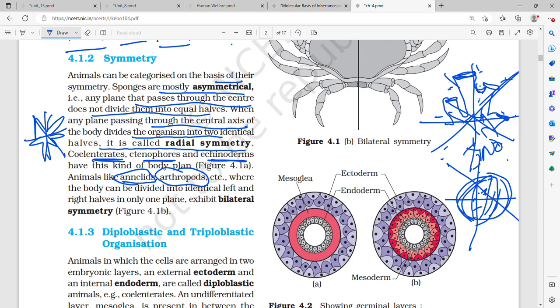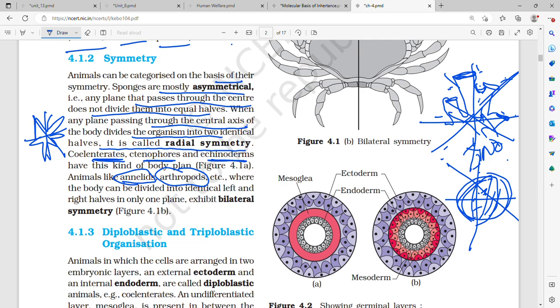So first Porifera is going to be asymmetrical, then Ctenophora and Cnidaria or Coelenterata are going to be radially symmetrical, then Platyhelminthes, Aschelminthes, Annelida, Arthropoda, Mollusca, they are all going to be bilaterally symmetrical. Then adult Echinodermata are going to be radially symmetrical, whereas